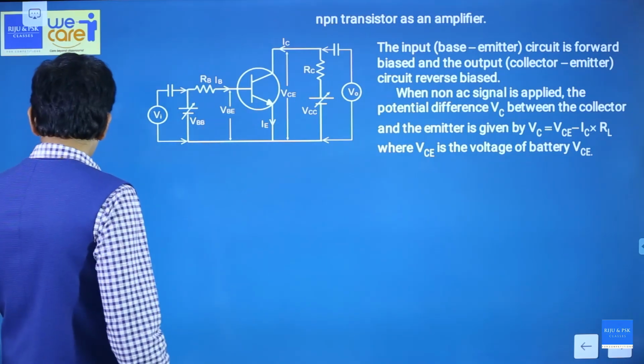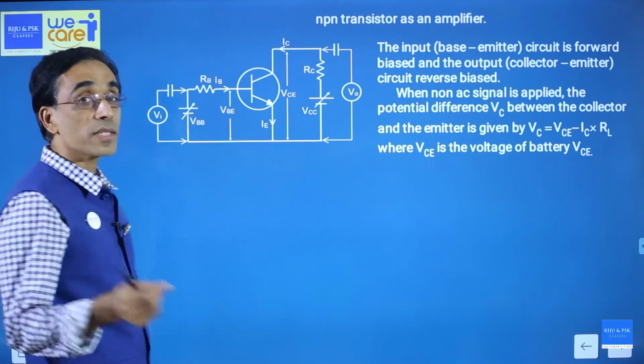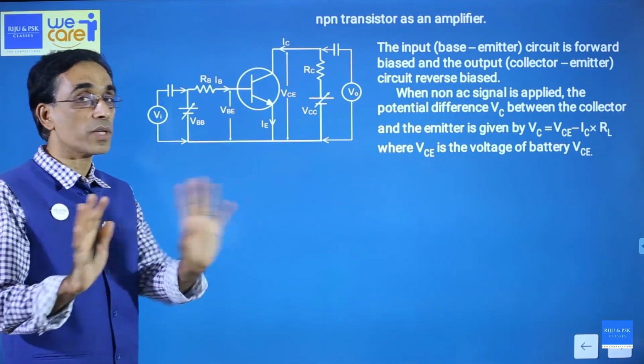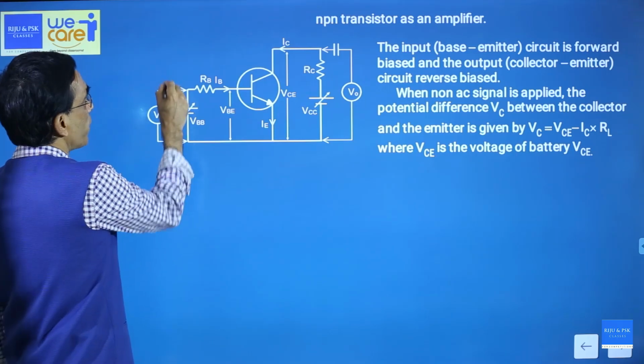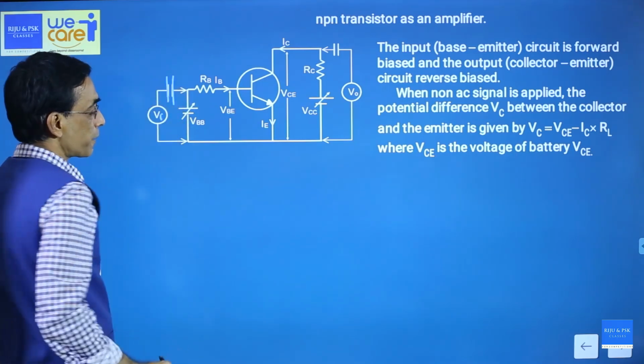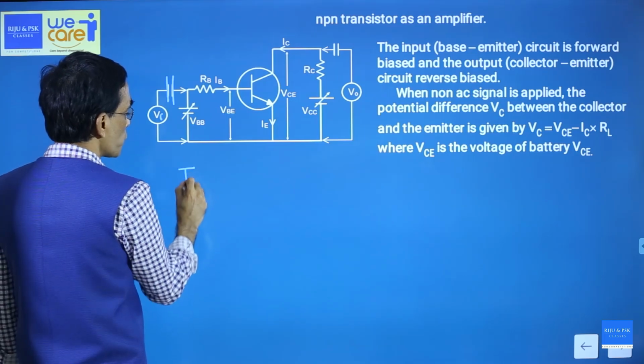That means you are giving an external input which was not there in the switch circuit. Here we are giving an external input, and you see a capacitor here. This capacitor, the purpose of the capacitor, I'll tell you in the beginning, is to remove